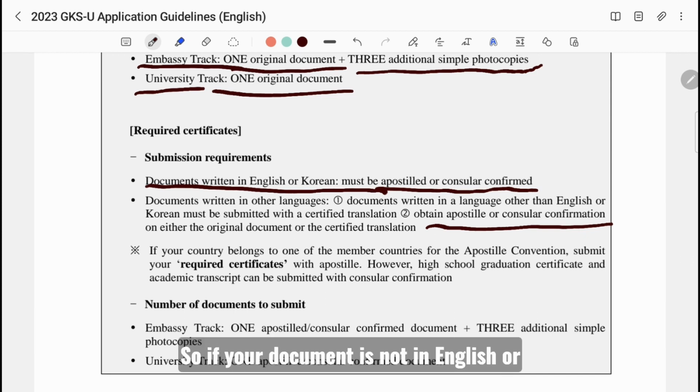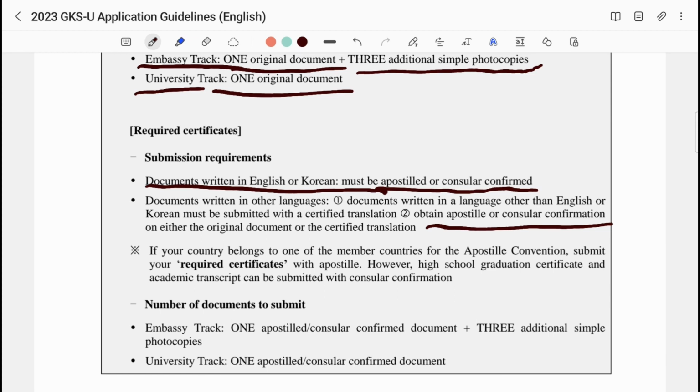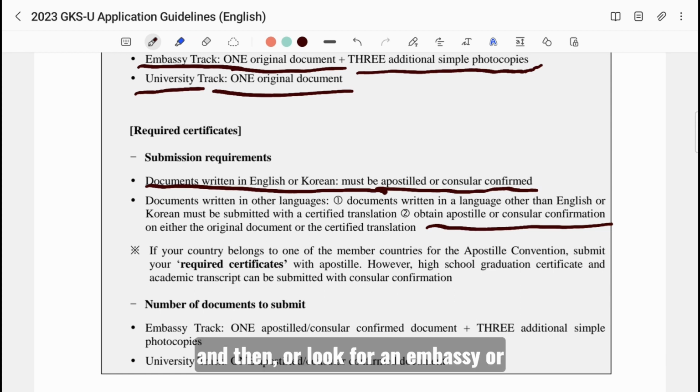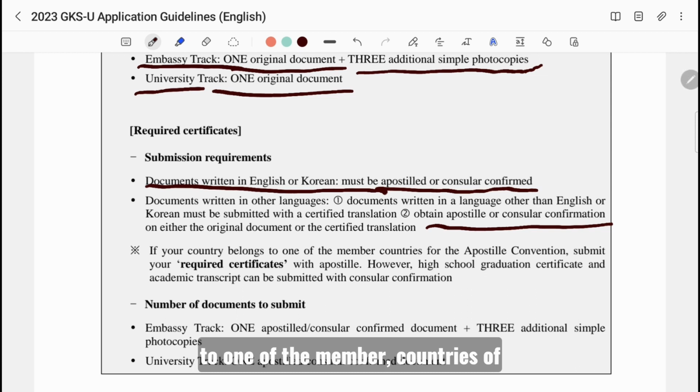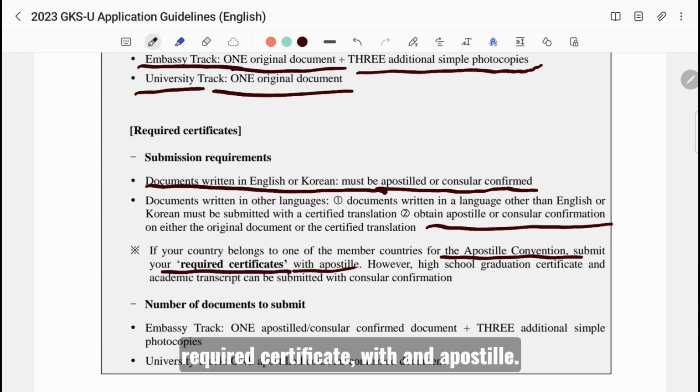So if your document is not in English or Korean, you have to translate, and then you have to still apostille, or look for an embassy or consulate to confirm that document to prove that it is real, it's not fake. Then they say if your country belongs to one of the member countries of the Apostille Convention, submit your required certificate with an apostille.